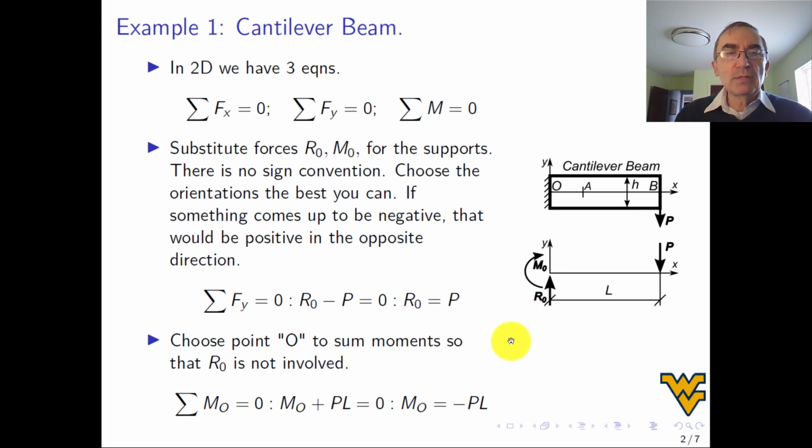And so once I do that, summation of moment equal to 0, I put M0 plus PL. Again, M0 is positive because the arrow looks like this, so a moment like that would be positive if that's the direction of the arrow, and plus PL because this moment P times L has the same direction. You see, this goes like this, this goes like this. So both are positive, equal to 0, and then of course M0 is minus PL. You see, it comes out negative.